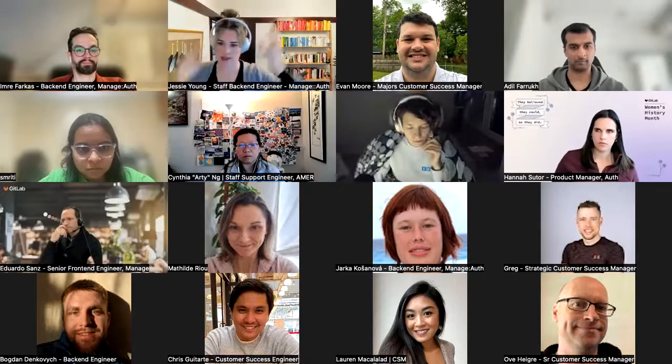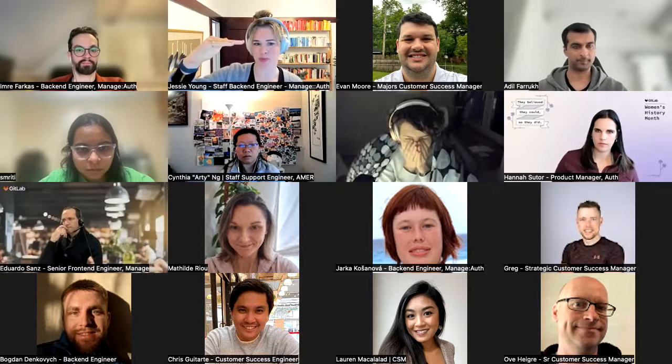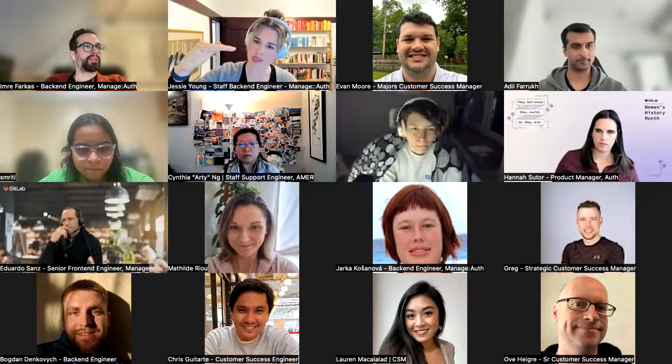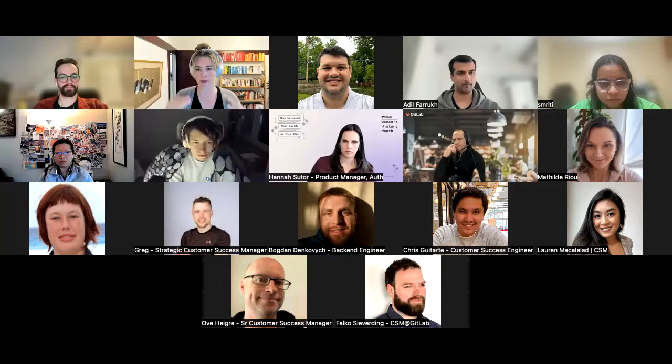Yeah, and then just from a database design perspective, the custom role, the member role, has to belong to a root group, but you can associate it with any of the member records in the hierarchy. So even if I'm a member of a project, I can still have that membership be a custom role using the custom role of the root group of that project. Learned a lot about root groups in this